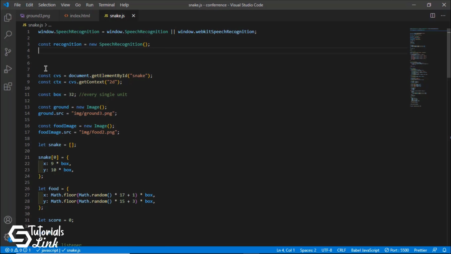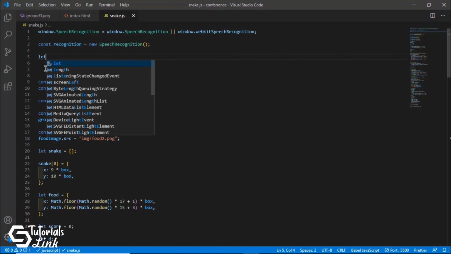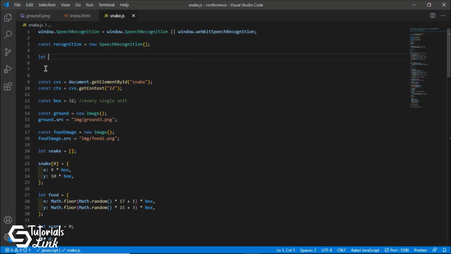And after this what we can do is simply we will need a variable. Let's say let final direction. This variable will hold the direction which we will give from the speech recognition task. So after this, when we are done here, we'll just go down and we will go in this.